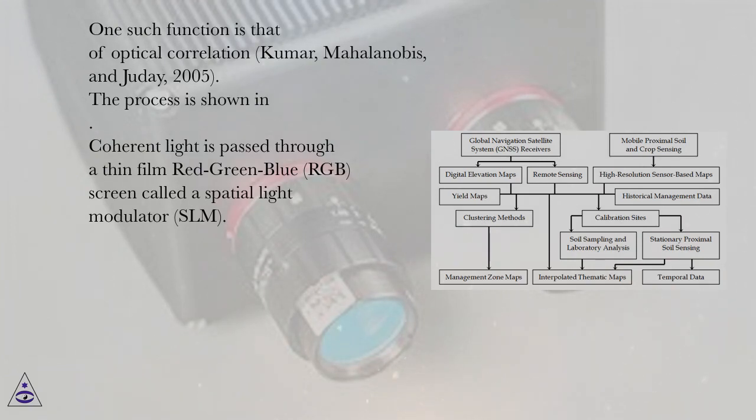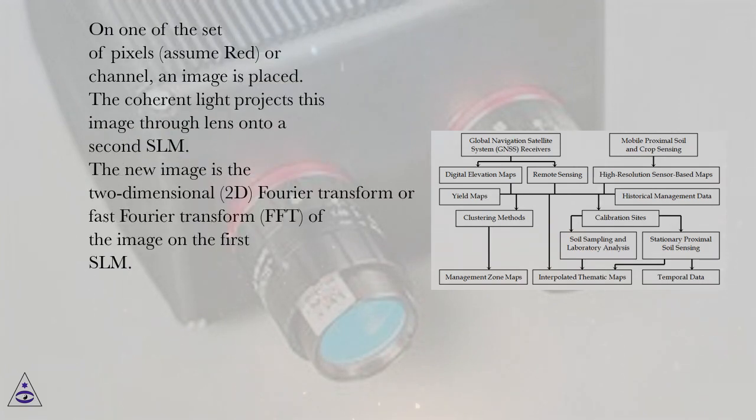The process is shown in the figure. Coherent light is passed through a thin film red-green-blue (RGB) screen called a spatial light modulator (SLM). On one of the set of pixels, assume red, or channel, an image is placed. The coherent light projects this image through a lens onto a second SLM. The new image is the two-dimensional (2D) Fourier transform, or fast Fourier transform (FFT), of the image on the first